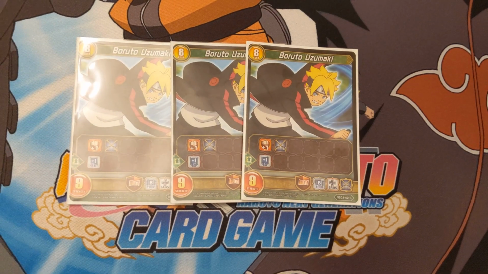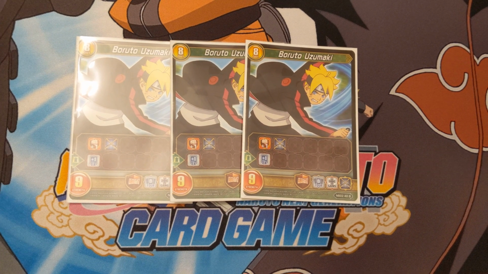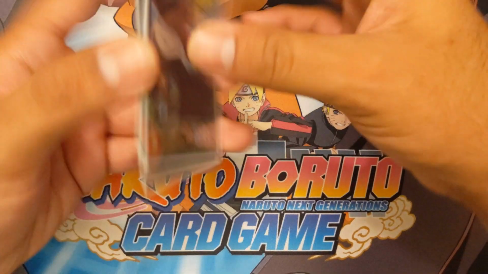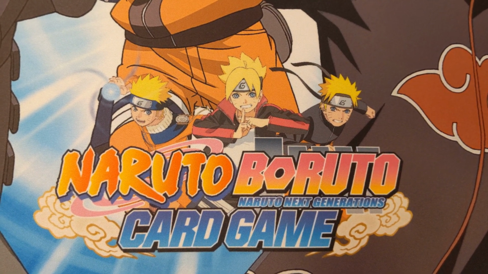So one of the best Sentinels, gives you an EX card, 9 strength, 8. Just a very good card, and I think if you're playing green, obviously it's going to be a staple, one of the best cards in green. Alright, and then we're going to go to